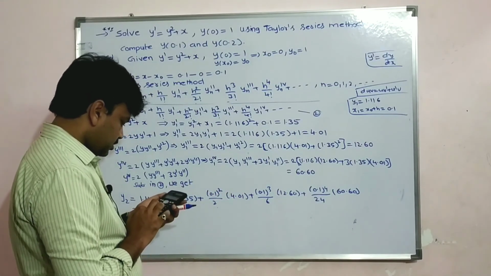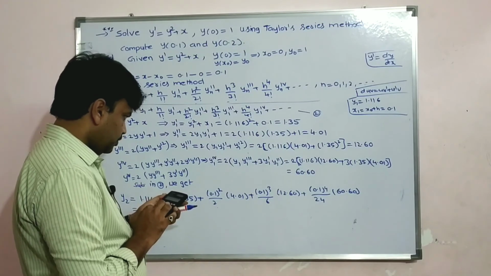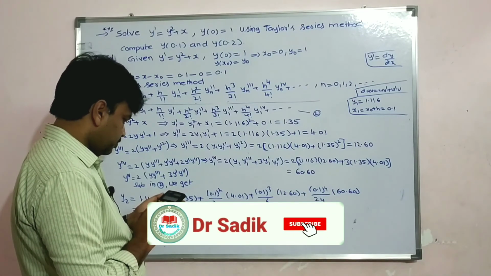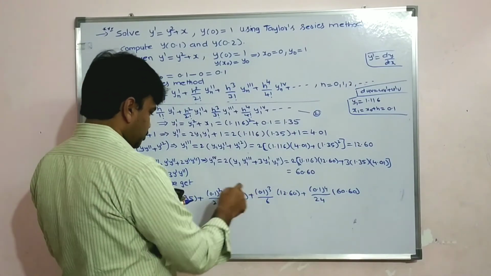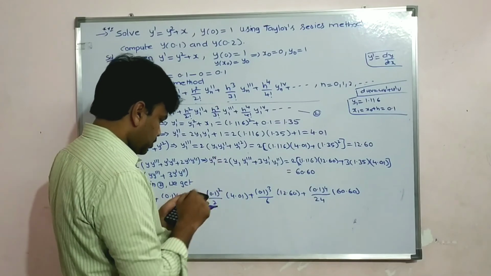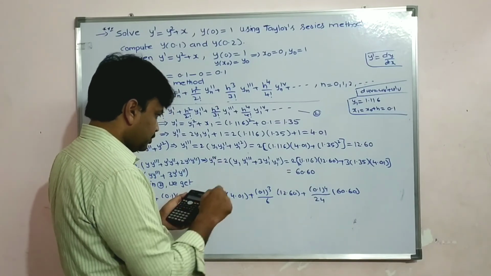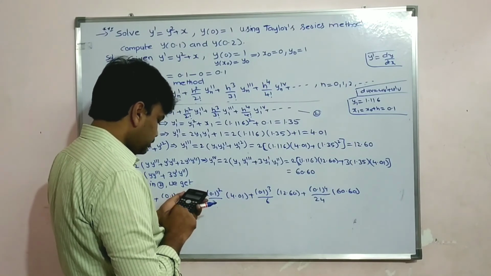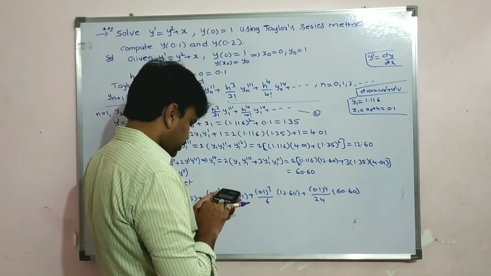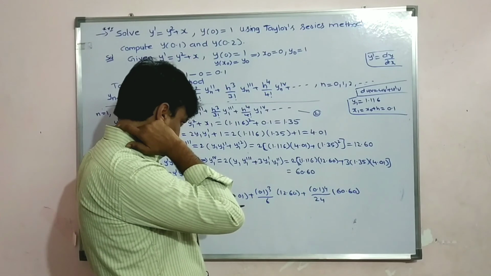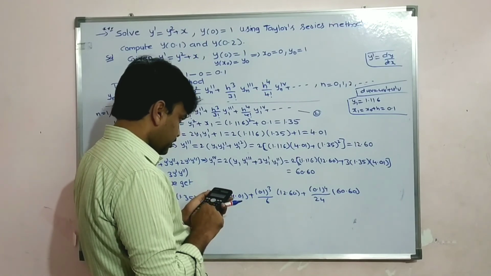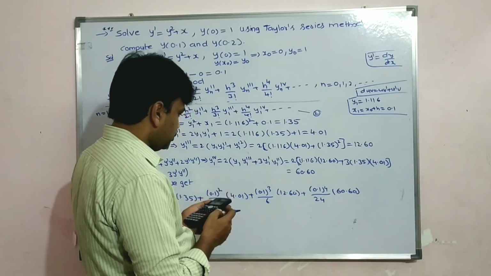So put bracket 0.1 x square into 4.01 bracket close, divided by 2 plus, similarly here also students put bracket 0.1 shift x cube, that means we get 0.1 cube into 12.6 bracket close, divided by 6 plus, there students put bracket 0.1 cap 4 students, cap 4 into 60.60 bracket close, divided by 24, that is equal to, I get here